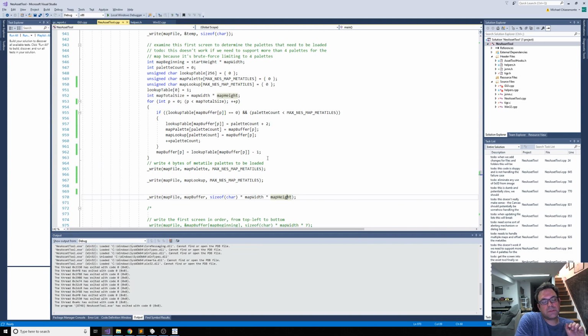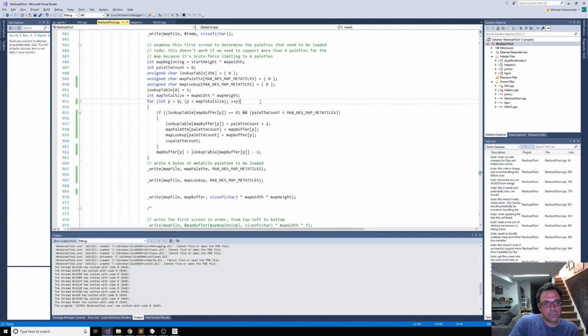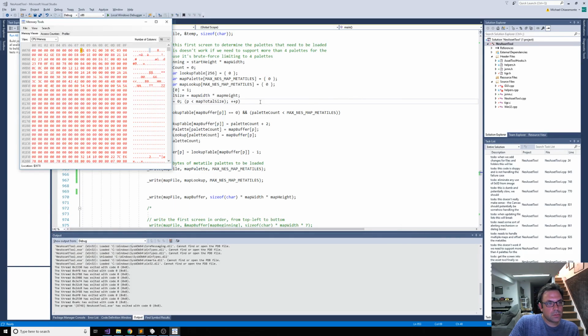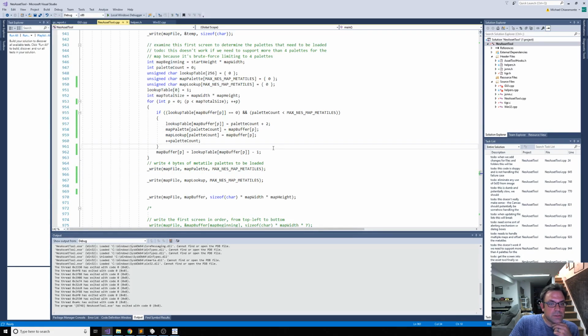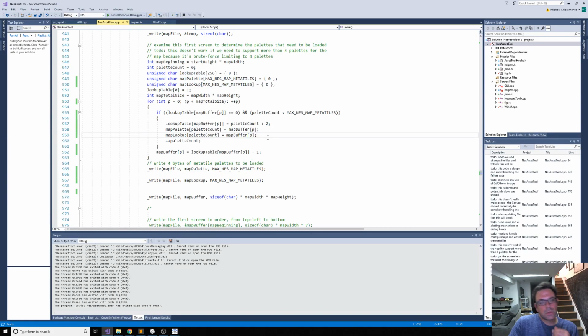So 0 would have stayed 0, and then the first tile that we encountered in the asset tool was tile 1, and tile 1 should have gotten remapped to 1, except that tile 1 is... Wait a minute. That's not exactly right, because all right,